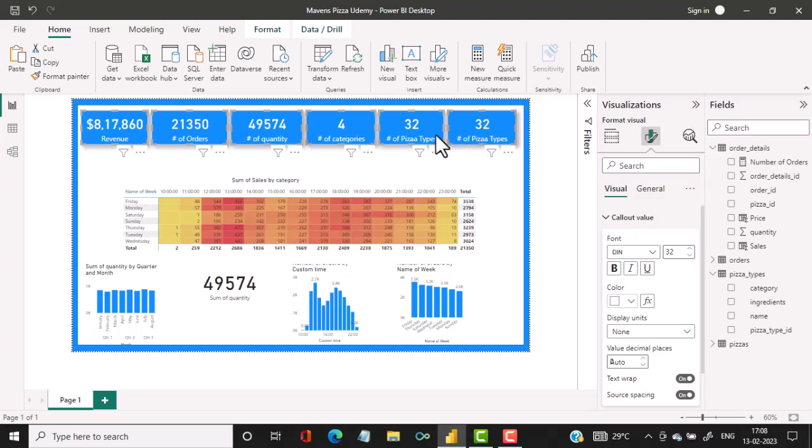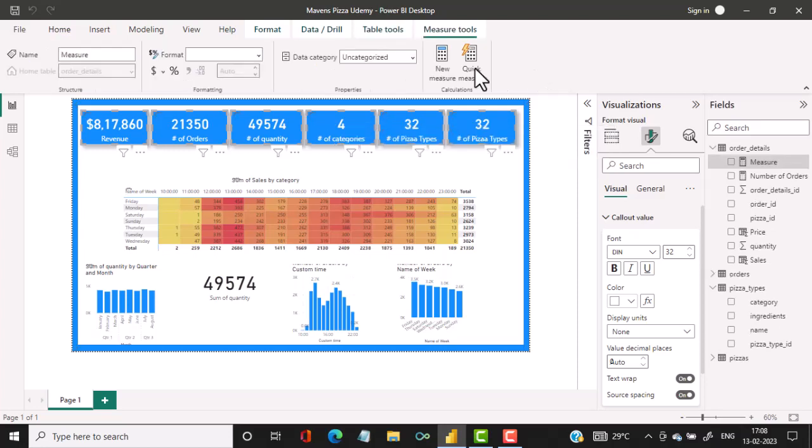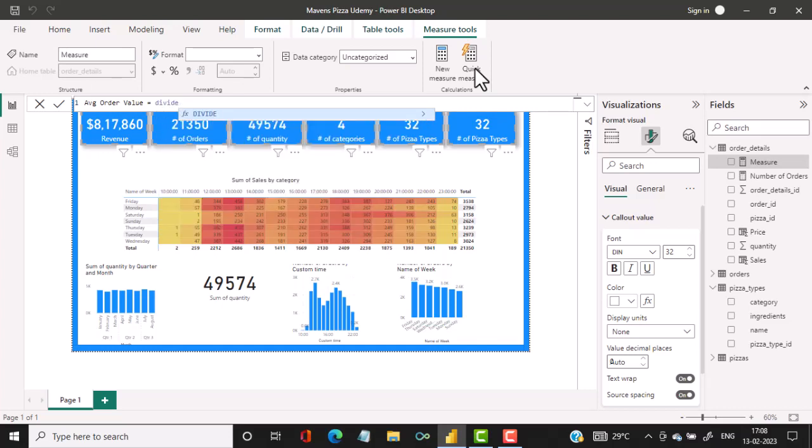So in order to do that, we would click on new measure, and that new measure we'll give it the name average order value equals to, then we will say divide, and then we'll open bracket and we'll say calculate,